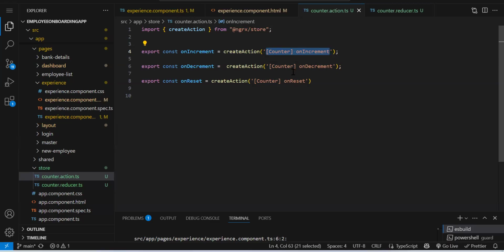You can write anything, but we try to follow the square bracket format. Instead of counter, it should be count, our state name. It's just a standard we follow. Here should be your state name and what action you are performing with this state. We use it for logging purposes. Anything you can put because it's a string value. Whatever you write in the string, it's not going to be used anywhere. It's just for our logging purpose.